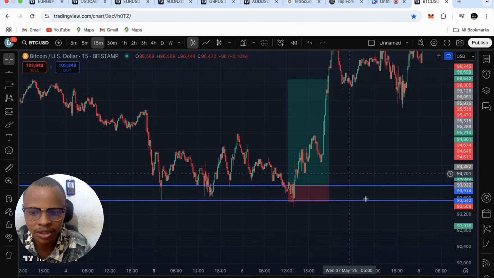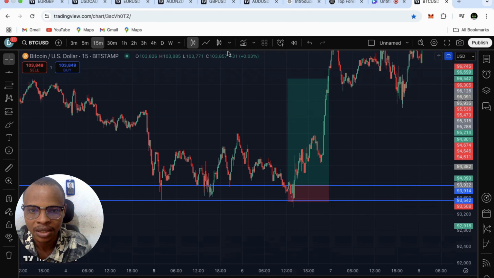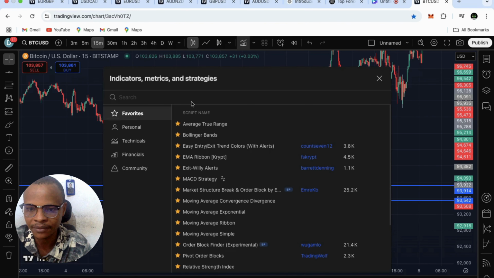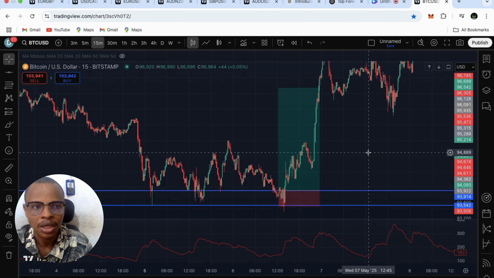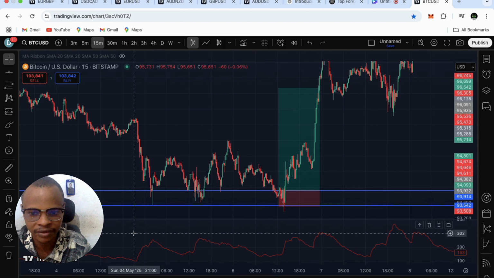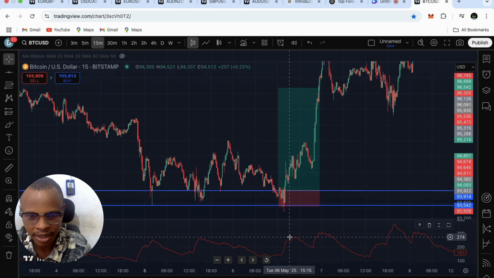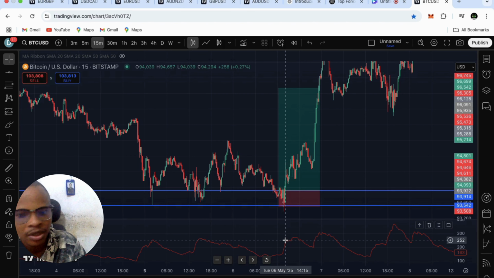So now, to avoid such scenarios, what do we do? We use the ATR. This is the ATR here. I just open the ATR indicator, as you can see. When I put this, the ATR will appear at the bottom of my screen. Now I come to this spot, as you can see right here, and I look at the ATR. What is the volatility of the market at that particular spot? The volatility of the market at this particular spot on Bitcoin is